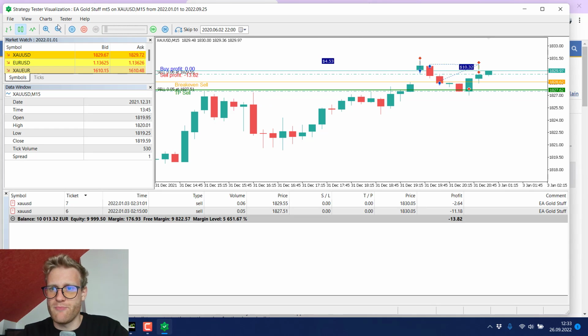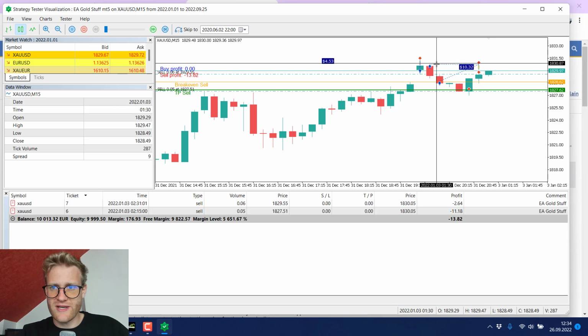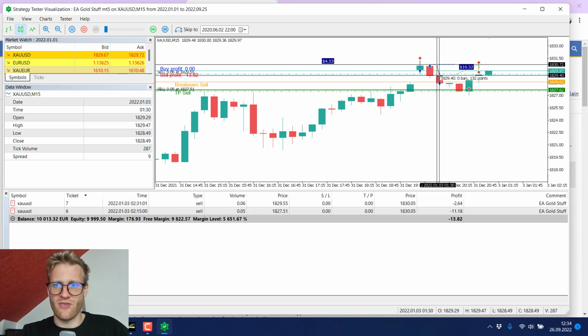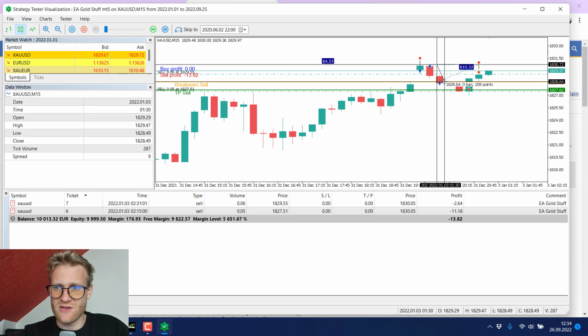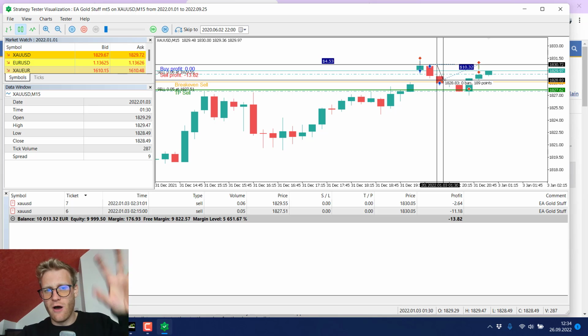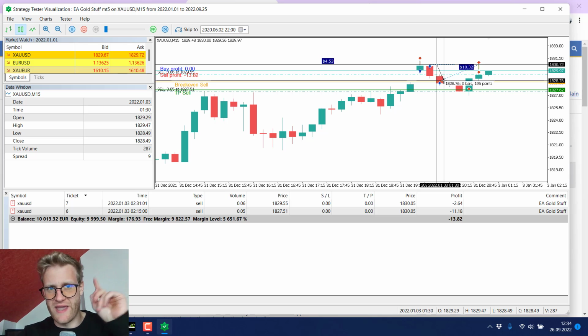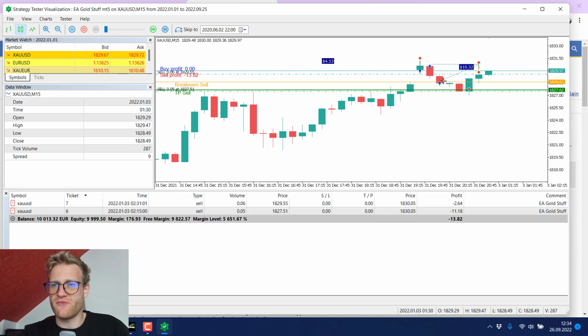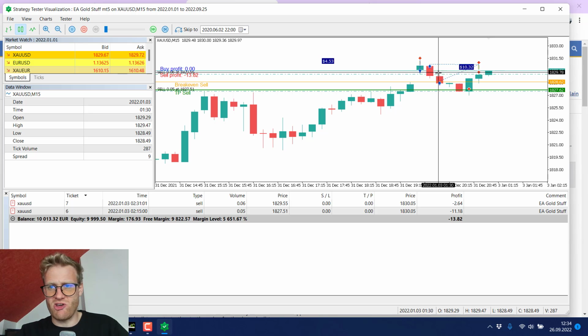Then if I speed up the program here, you can see there was another buy trade done. And you can see if I look from the opening of the first buy trade to the second one, this is 208 or roughly 200 points below the opening of the first position. And remember, these 200 points, we will find them later on in the settings. So we find this, and then we see that